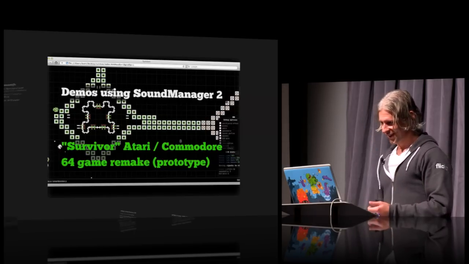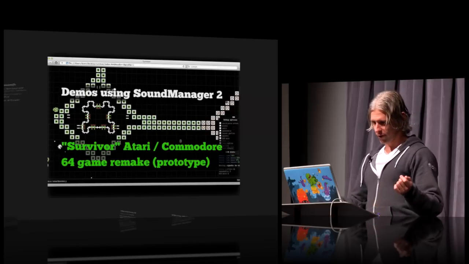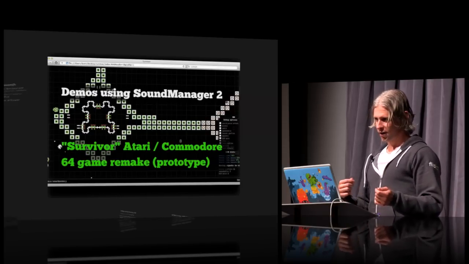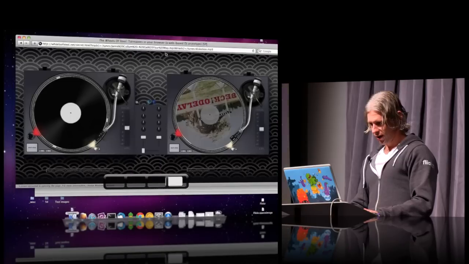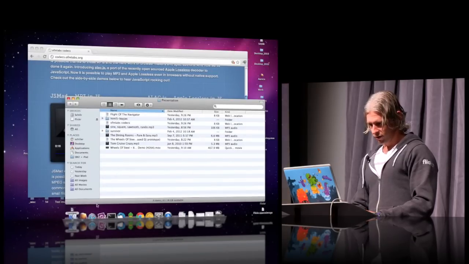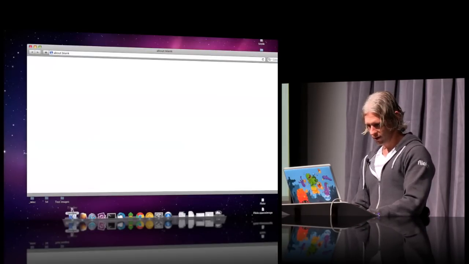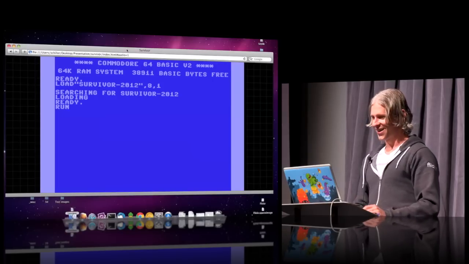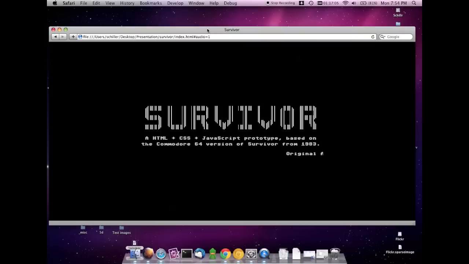Without sound, this wouldn't have been a very fun demo. So this thing that I started building a month or so ago was a remake of an old Atari game, which was then remade the next year on the Commodore 64. And I used to play it as a kid. So what I might try to do is see if I can beat a level. Now this is kind of old school. Oh yeah, the Commodore, there's a 5-second delay too, because you know it's running off tape.